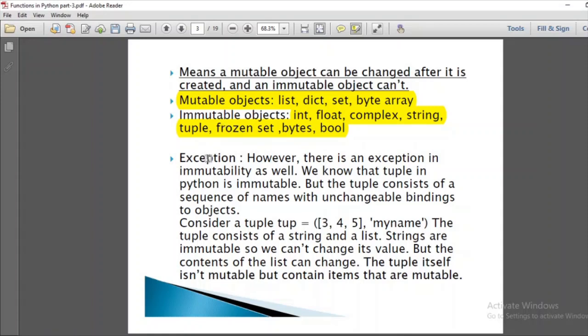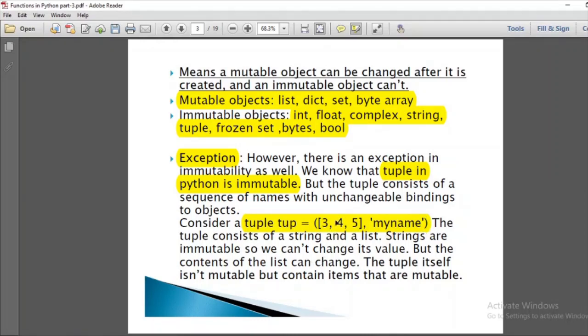Now here are certain exceptions. So what is an exception? For example, we know that tuple is an immutable object, but tuple consists of a sequence of names with unchangeable bindings to objects. But tuples contain certain items. As you can see in this example, we have tuple, tup, and it contains a list as well as a string.